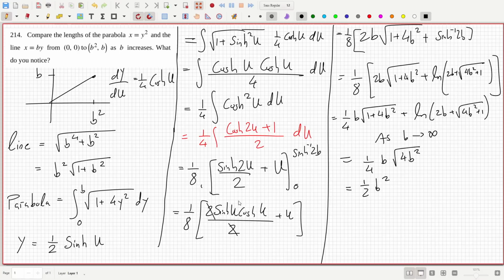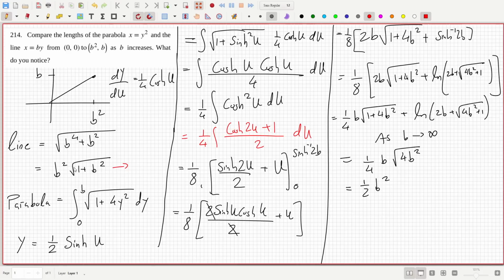You know, that is right. Yes, I'm missing a 2 somewhere because the line, as b goes to infinity,